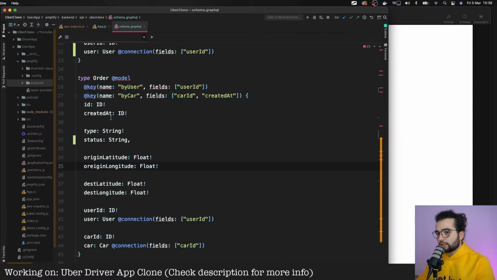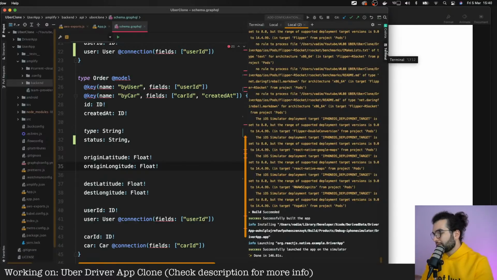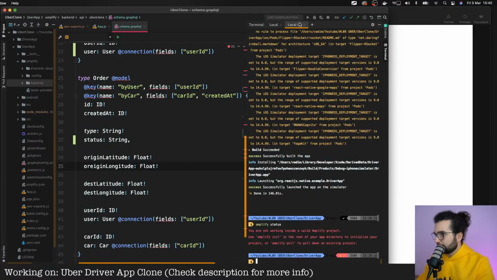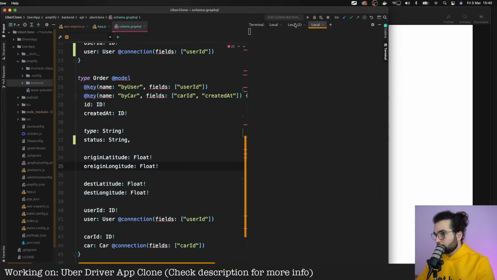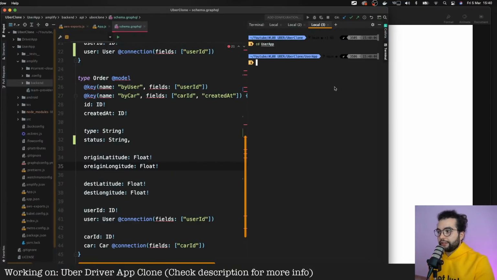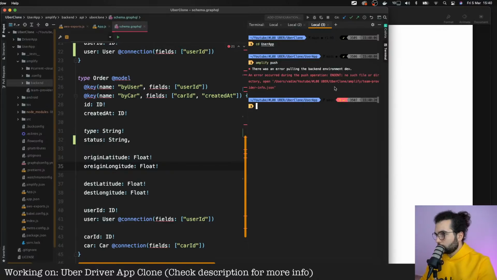All right, I think that's it for now. Probably we'll need something else, but we'll add it later. Let's open a new terminal and go in our user side app, because we created changes to the backend, and our backend lives in the user side application. So now we can say amplify push, and it will push all the changes to an error: no such file or directory. That's interesting.